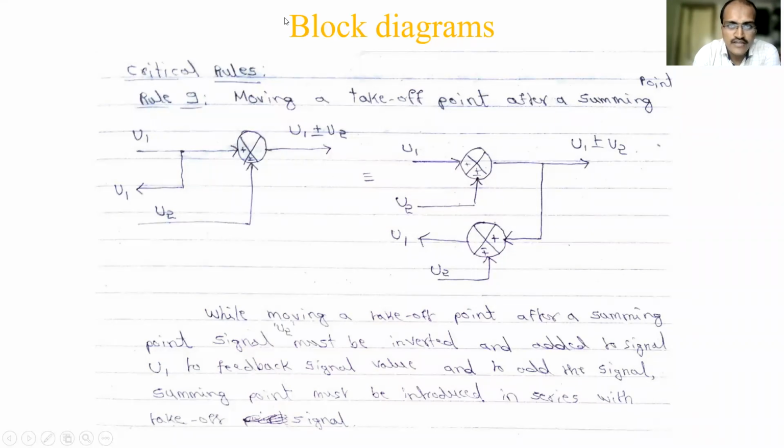So you have a takeoff point here. It will be indicated by a dot. And you have a summing point. In some cases, the normal practice in a block diagram is that the takeoff point should be at the rightmost side of the block diagram and the summing point should be at the leftmost. So this is a normal convention. To do that, you have to shift this, right? When you shift this, no change should happen in the result. This algebraic equation should not be violated.